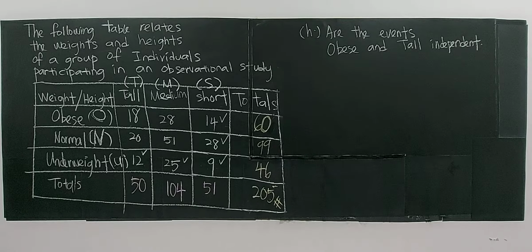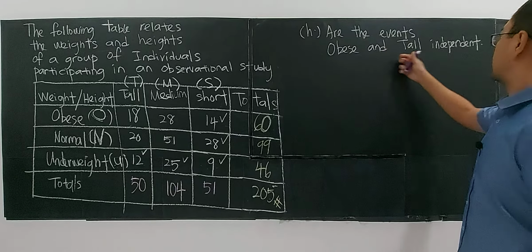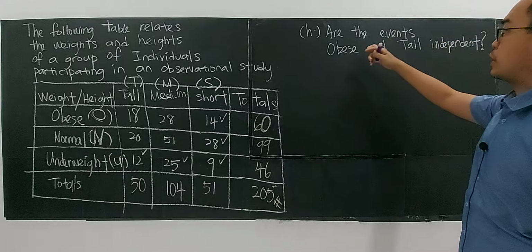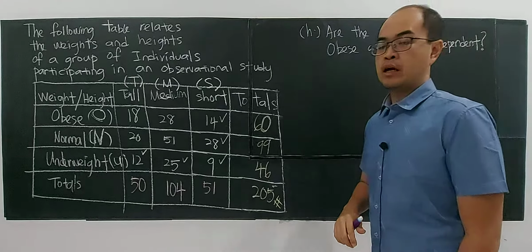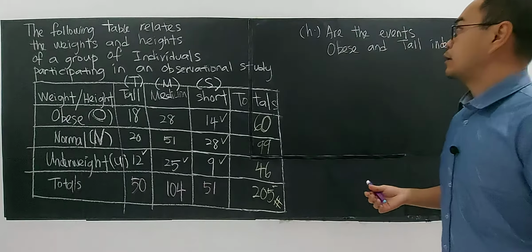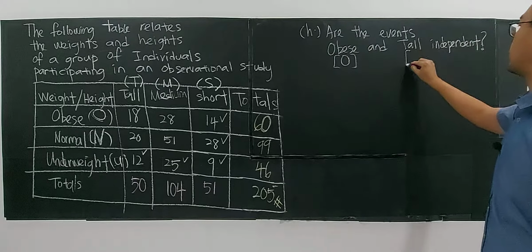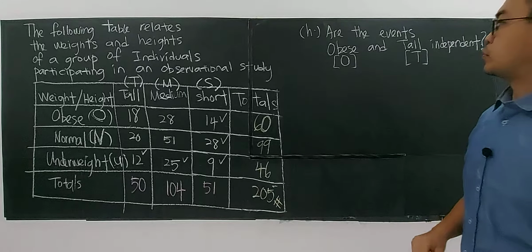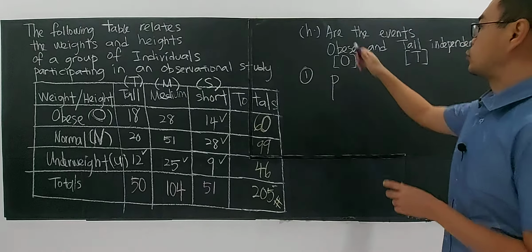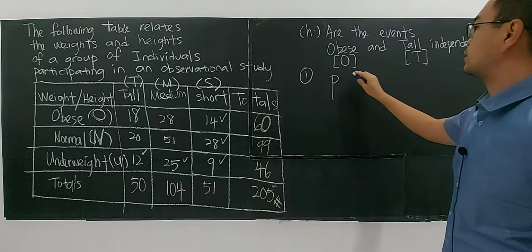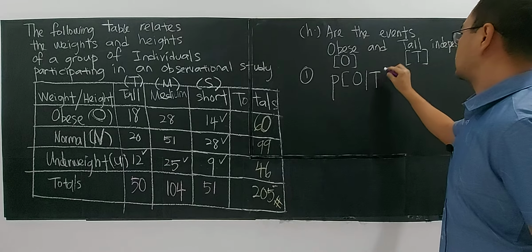Let's see how I determine whether the events obese and tall are independent. Here we label this as O and this as T for tall, so it's easier for me to write. We can verify using method 1 that I mentioned just now. Because it's between events A and B, now it's O and T. So you can show that O given T,